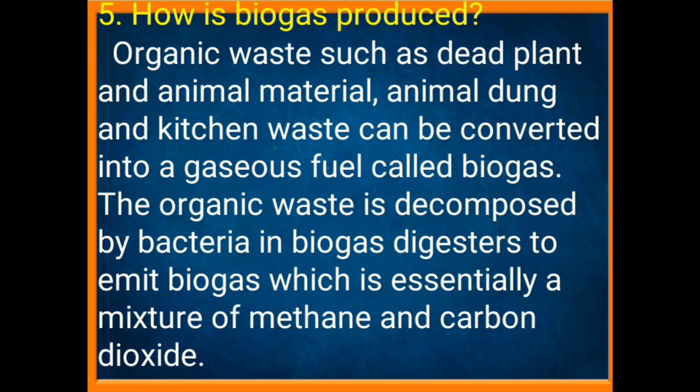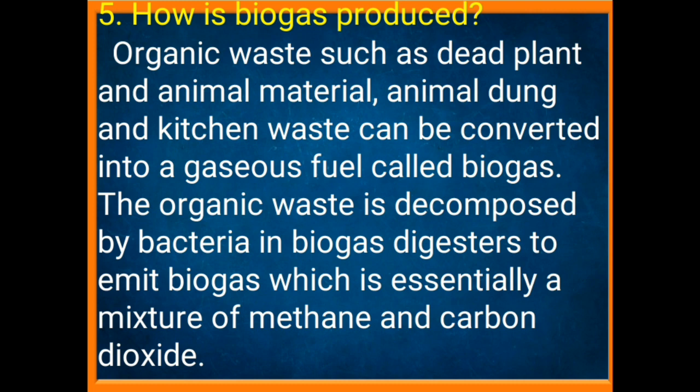The organic waste is decomposed by bacteria in biogas digesters to emit biogas, which is essentially a mixture of methane and carbon dioxide. I think biogas plants are very familiar to you, and these are mainly produced from organic waste materials. Got it? Study these points and let us summarize the next